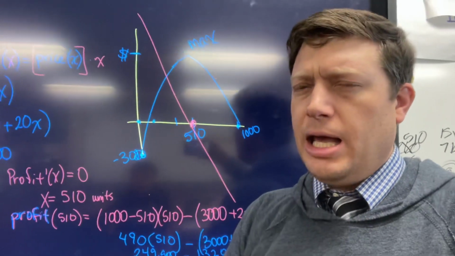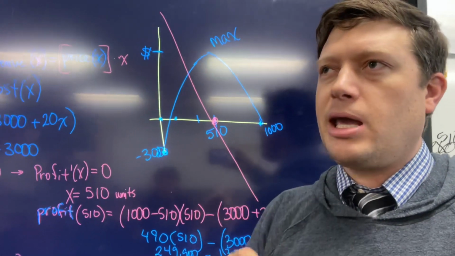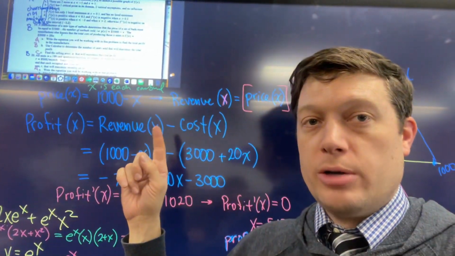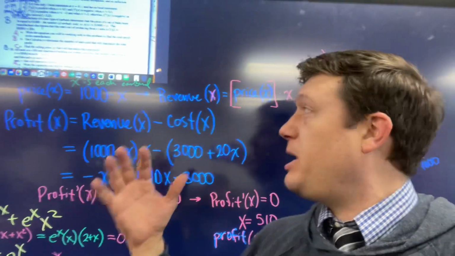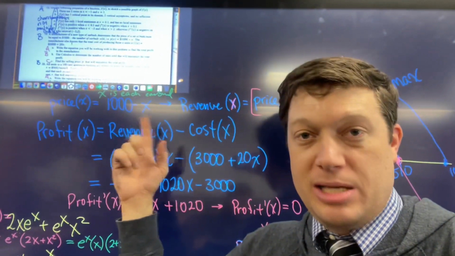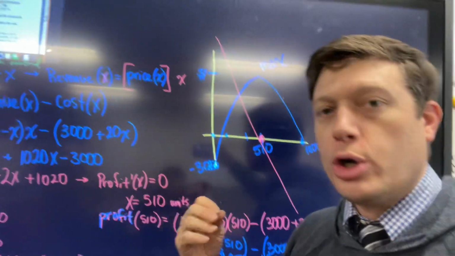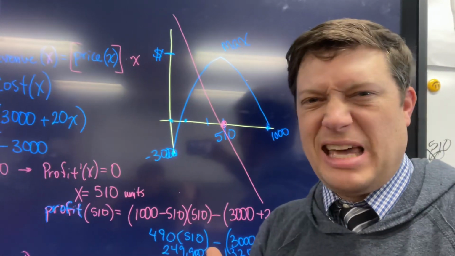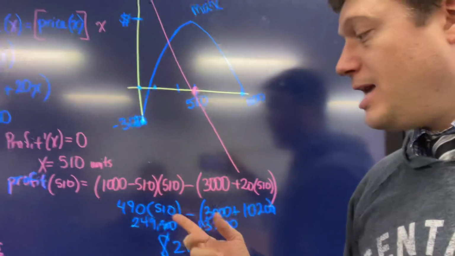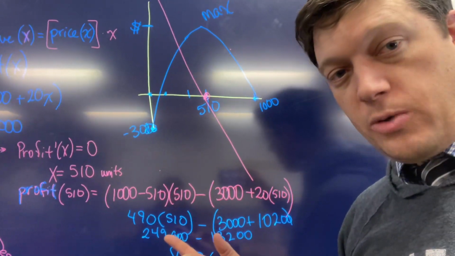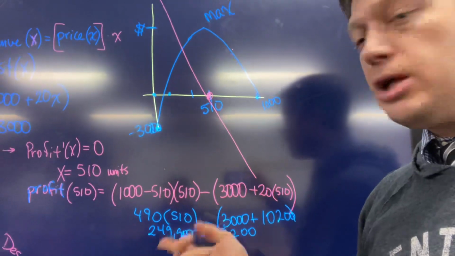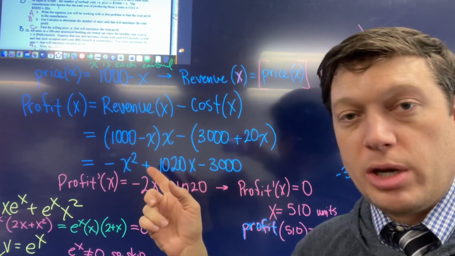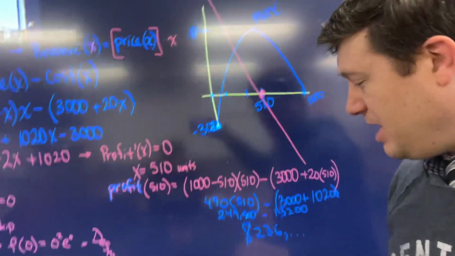In other words, you would have to commit to making 510 earbuds, with your choice of how you're going to charge money for the earbuds being 1,000 minus how many you make, in order to maximize the profit you're going to make from this sale. You can take 510 and put it back into the profit equation, and that's really just plugging 510 back into this original one or into whichever one you want to use. But when you're done, it's in the realm of